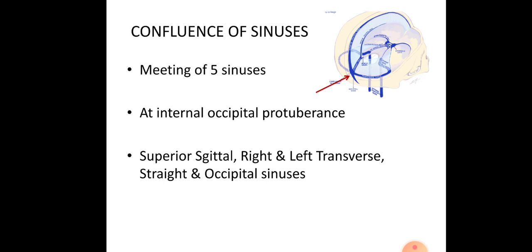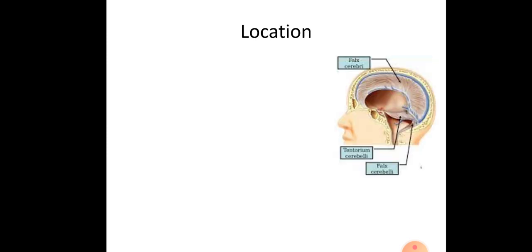Sometimes what happens is the superior sagittal sinus continues as the right transverse sinus and the straight sinus continues as the left transverse sinus. Then all these will not meet here, but you can say that it is a confluence and it is the meeting of these five sinuses. Now, location of all these,